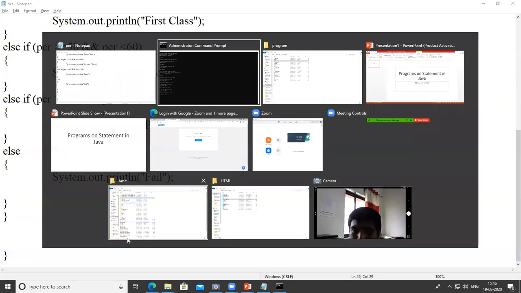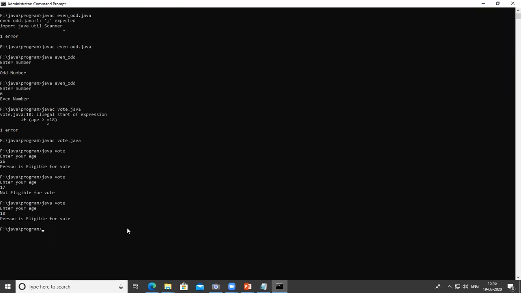Then go to the command prompt and clear the screen by using the command cls. Then just write the program name: javac Percentage.java. It compiles and runs. Enter your percentage, for example 88,